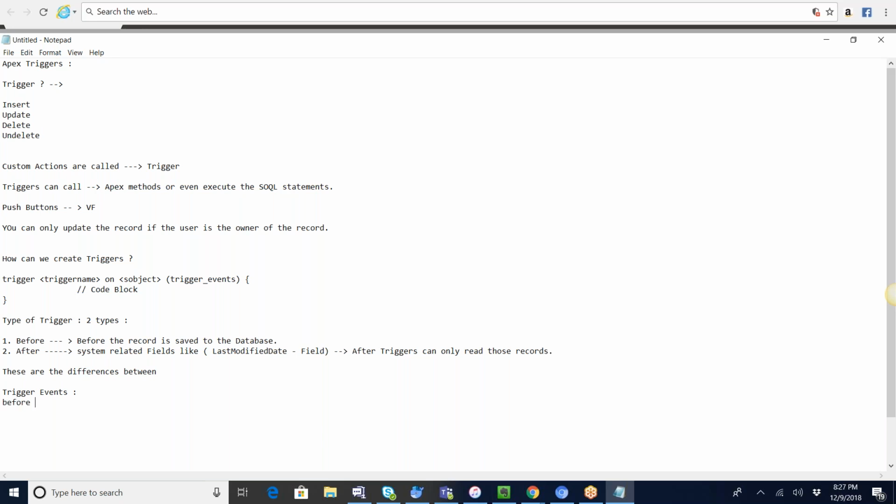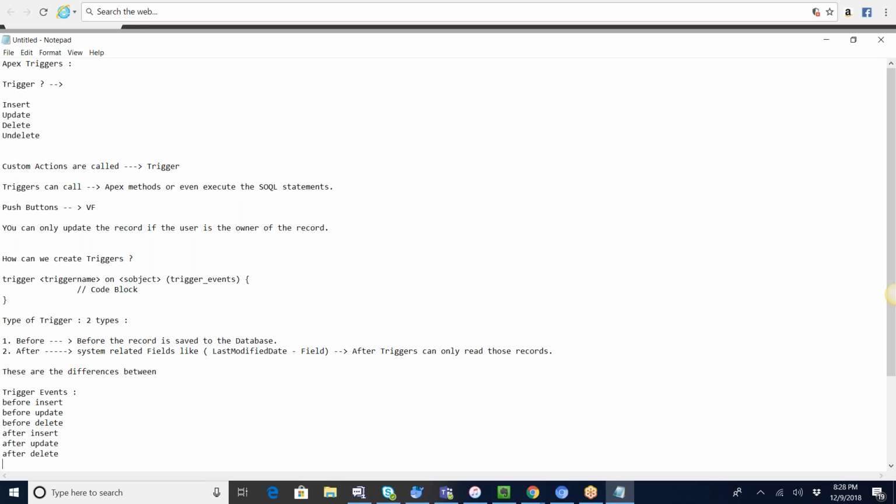So for example, before insert or before update, before delete, after insert, after update, after delete. And the important thing is